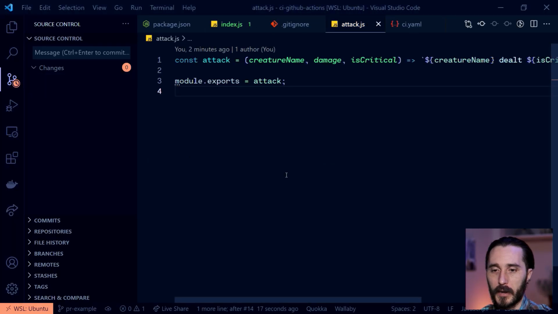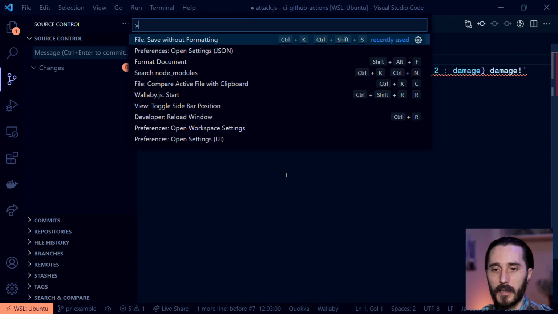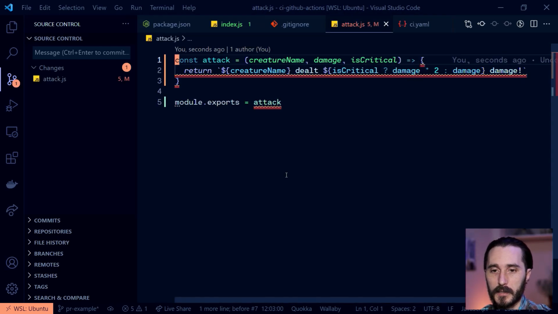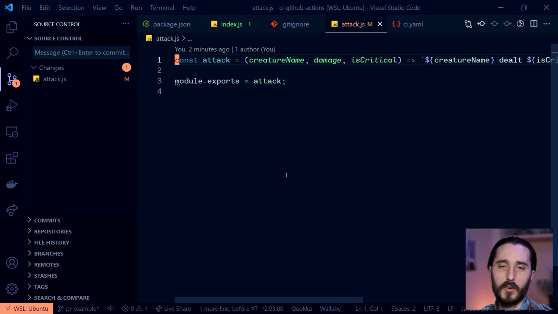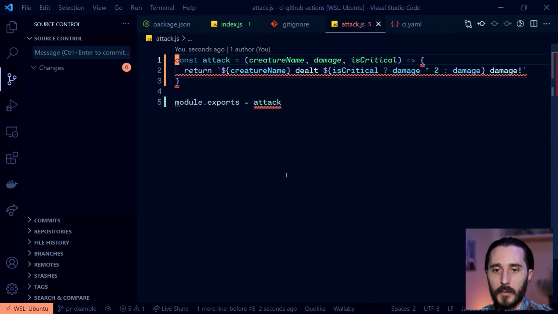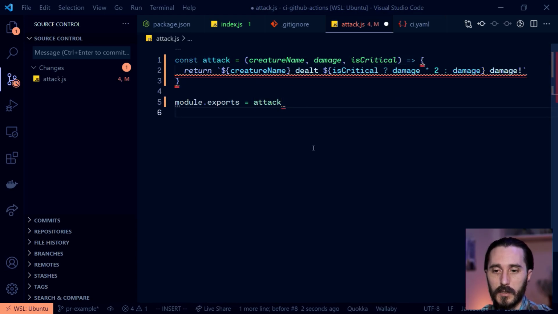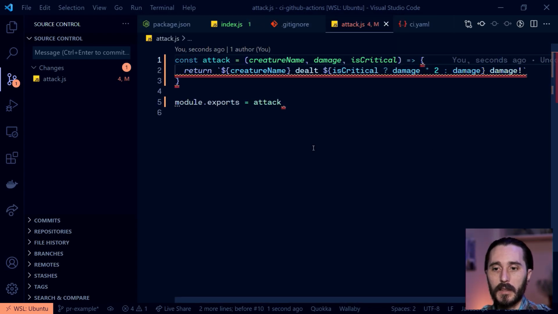So I'm going to go to my editor, and I should be able to undo. And then I can do save without formatting in VS Code, so that it doesn't auto use my ESLint, because if I just save right now, it's going to auto format it, right? So I'm going to do that. If you happen to have ESLint set up in your VS Code, the extension, you might not, and I can't go over that right now due to lengthening the video and